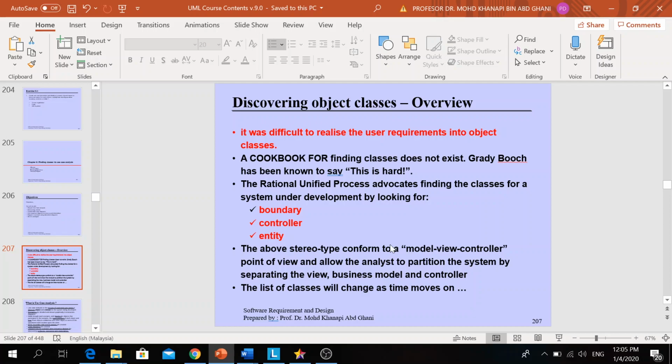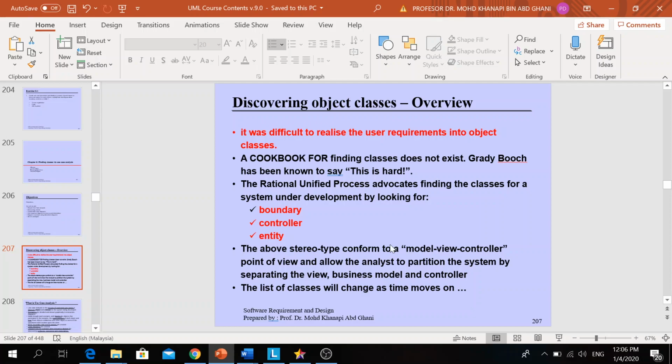Let's say the use case starts when the user clicks or selects the student registration screen, for example. So this is a type of boundary. The system verifies the student information by submitting the data to the student database.